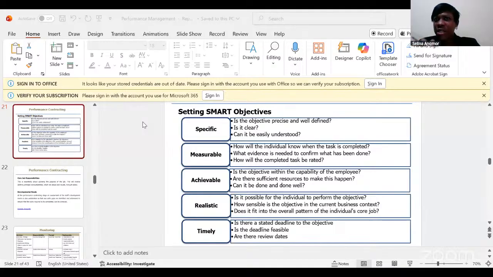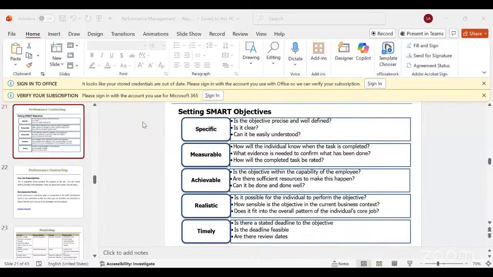Typically, appraisals are held twice in a year. So we have the mid-year appraisal, and then we have the end of year appraisal. So appraisals happen twice, which is part of the measuring component. But monitoring goes on throughout the year. Some companies even have monthly review meetings. Some companies do quarterly review meetings. So the quarterly review meetings means at the end of every quarter, there's a review meeting, and others will do a monthly review meeting. However, the process of providing feedback